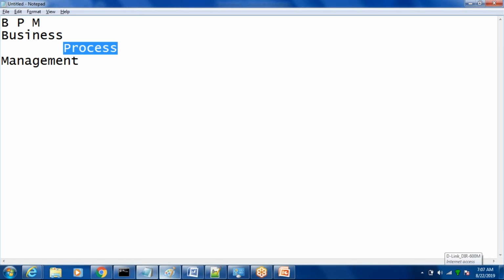All right. So BPM. Let's take an example where you apply for a passport. Whenever we apply for a passport, we go with a set of documents, register for the passport, and you will have to pay some amount.